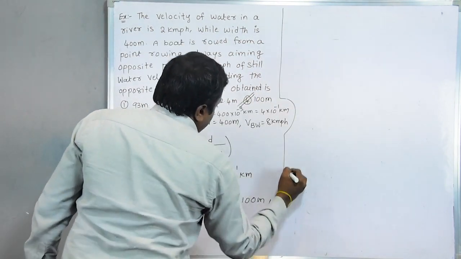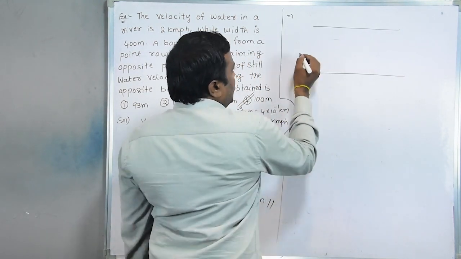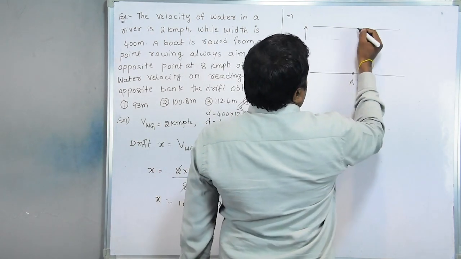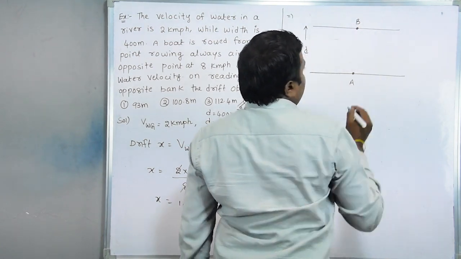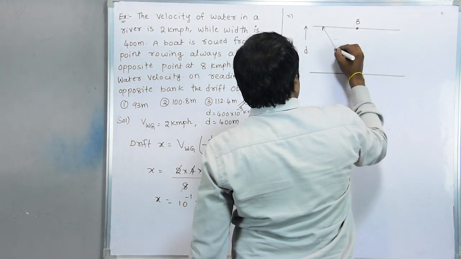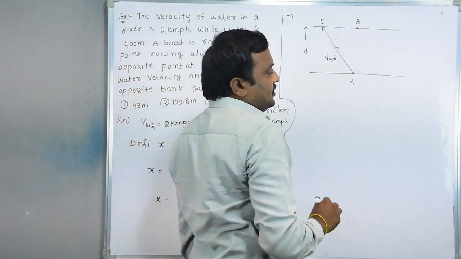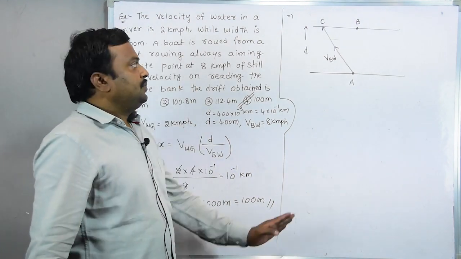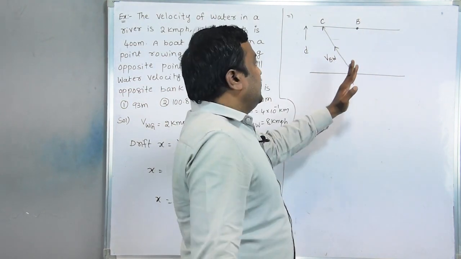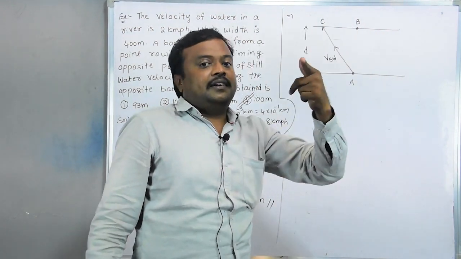And the last case, you see, suppose this is the width of the river. D is the width of the river. This is the initial starting point, and B is the exact opposite point. Suppose a boat started like this. This is nothing but velocity of boat with respect to water, to the point C. Two cases only we cleared now. If it was started like this, it reaches the exact point, which is called the shortest distance. If it is started like this, it is deflected to this point, makes some drift, that is shortest time.